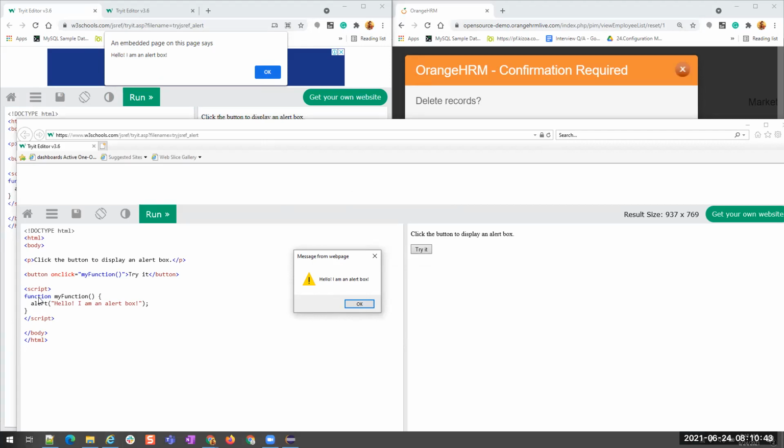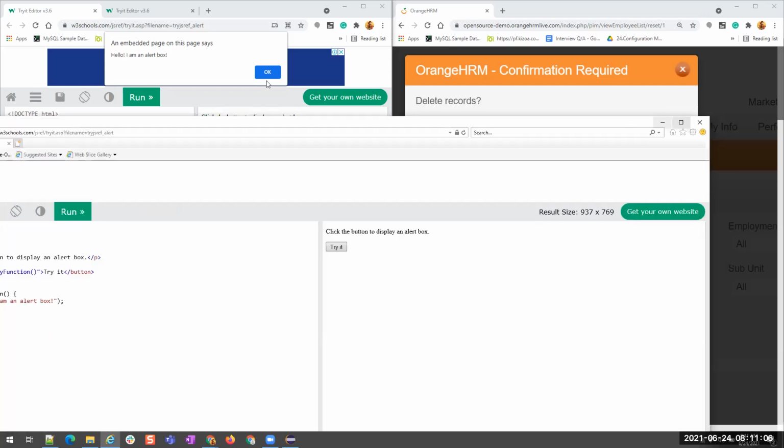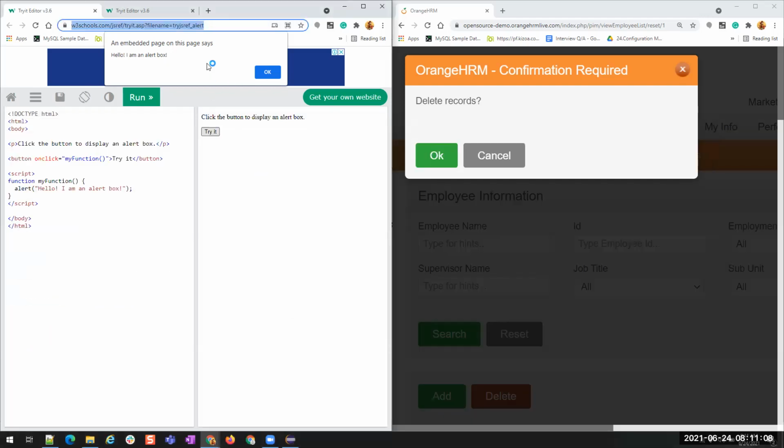We don't have to worry about it because we are not going to find an element using the attributes it has, right? Because these are generated by the browser, not by the developer. The developer added a script and these alerts are generated by the browser. So we don't know how the browser displays an alert. Okay. So we don't have to worry about the background, but we know that this is an alert.